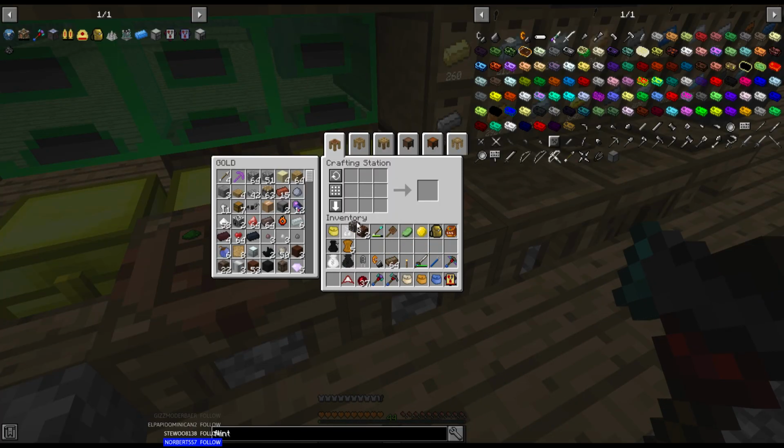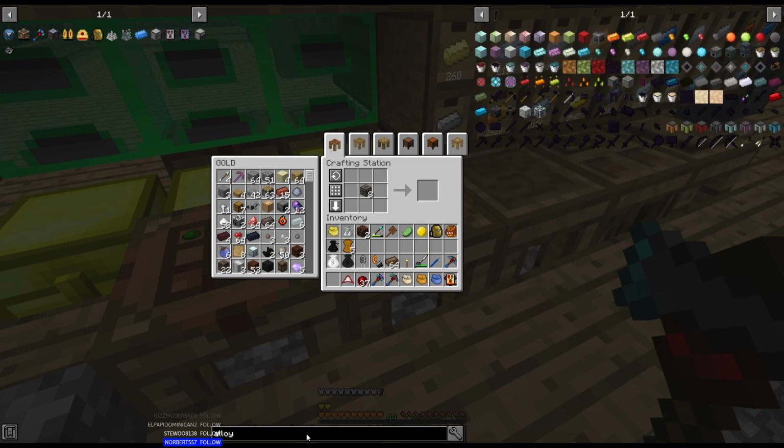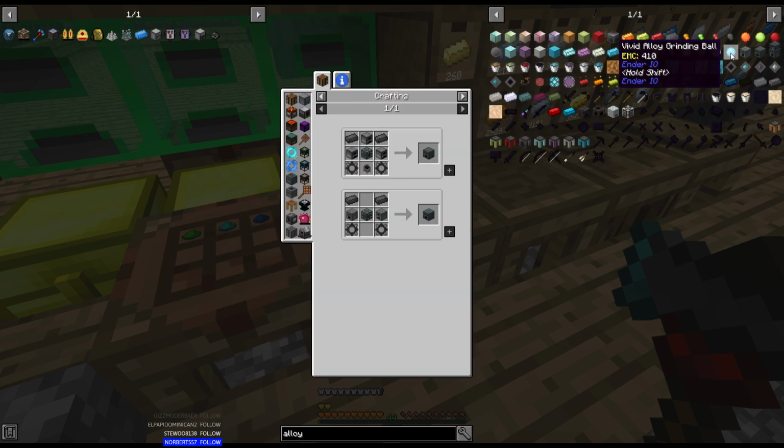That'll take us a little further. Now, I want to make... So, hold on. Let's upgrade our alloy smelter. That seems like a really good idea. So if we take a simple alloy smelter...